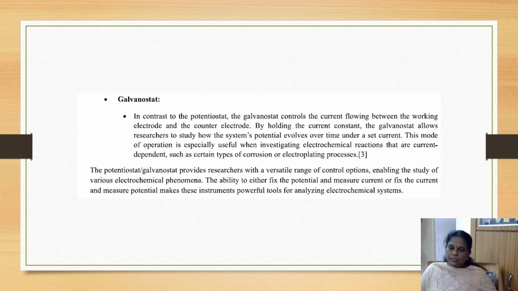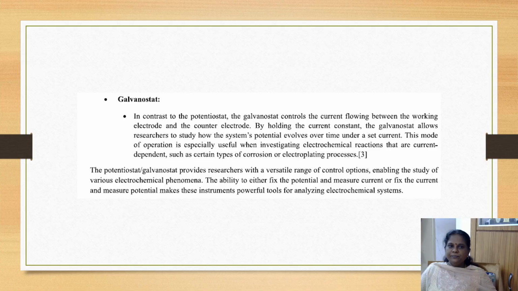So the potentiostat or galvanostat provides us with a versatile range of control options, enabling the study of various electrochemical phenomena. The ability to either fix the potential and measure the current, as in a potentiostat, or fix the current and measure the potential, as in a galvanostat, makes these instruments powerful tools for analyzing